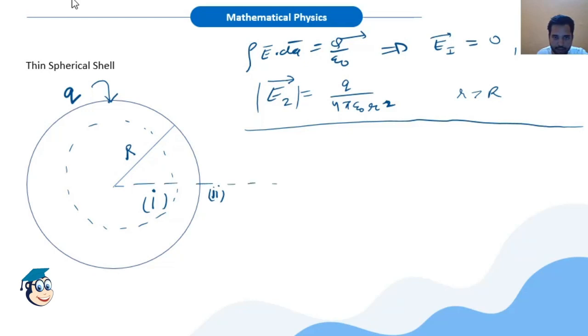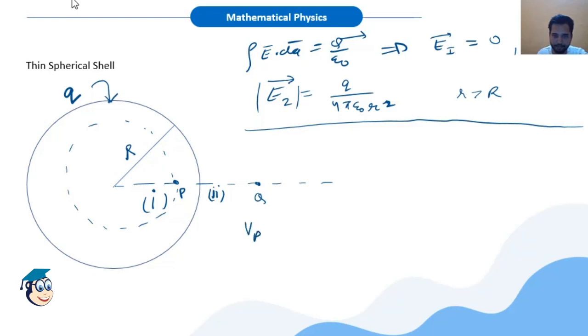This is the axis. We have a point P and a point Q. Whenever I write potential at P, I mean potential at any point inside the sphere. Whenever I write Q, I mean potential at any point outside the sphere as a function of small r. Okay. So for P,